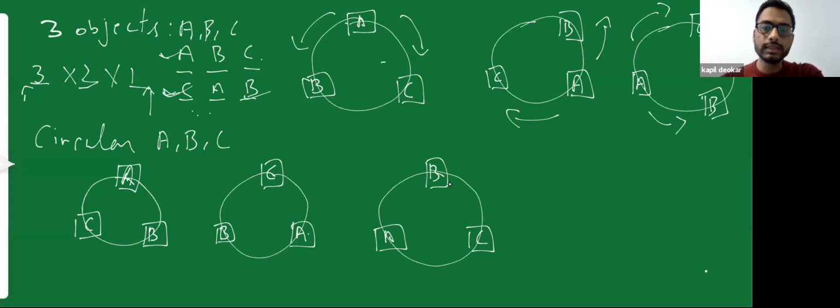So even though these 3 diagrams look visually different, they are actually one and the same way of arranging, because in all of the 3 ways the relative positions of my partners are the same. That means the right hand side partner of A is C, and the left hand side partner of A is B in all 3 positions. So these 3 positions are not different. It is just one way of arranging.